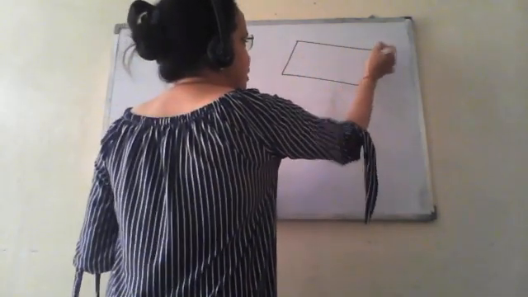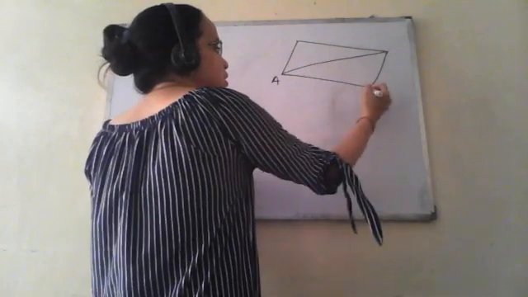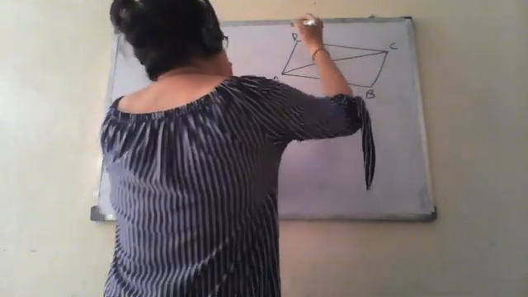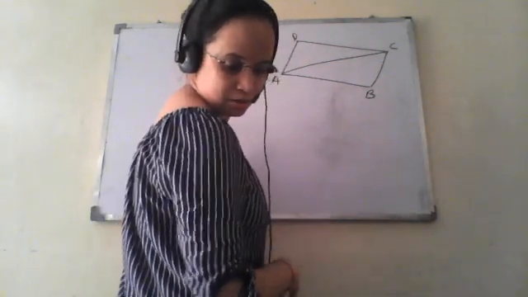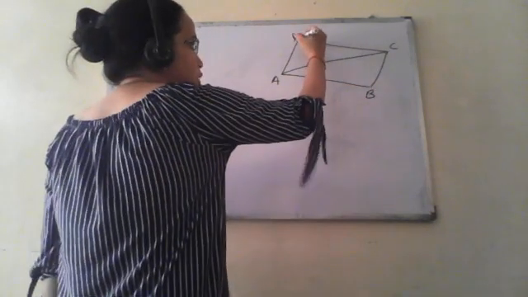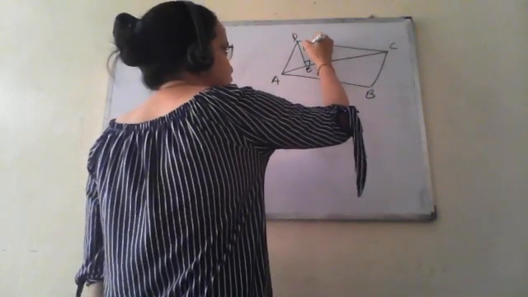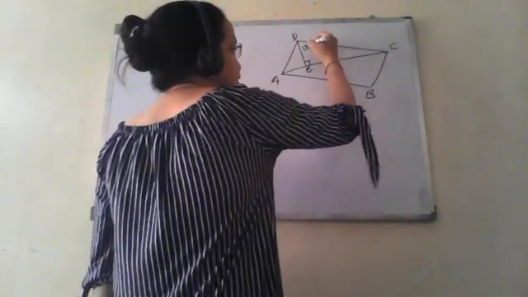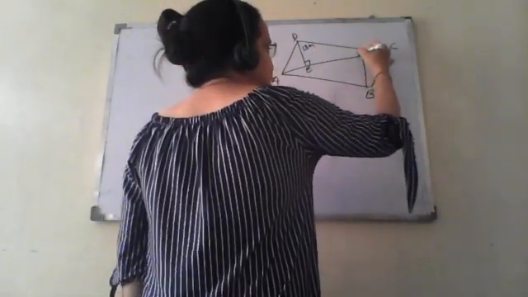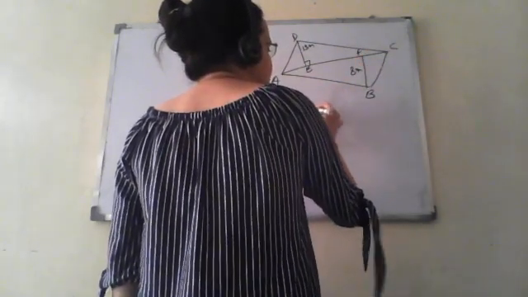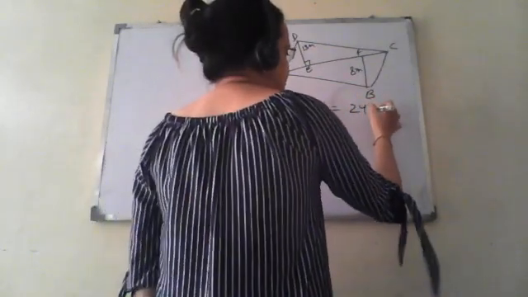So here is a quadrilateral. This is the diagonal. We can name it A, B, C, D. One of the diagonal perpendiculars from the opposite vertices, suppose this is DE, and the value of DE is 13 meter. And this is BF. This is 8 meter, and the value of AC is 24 meter.